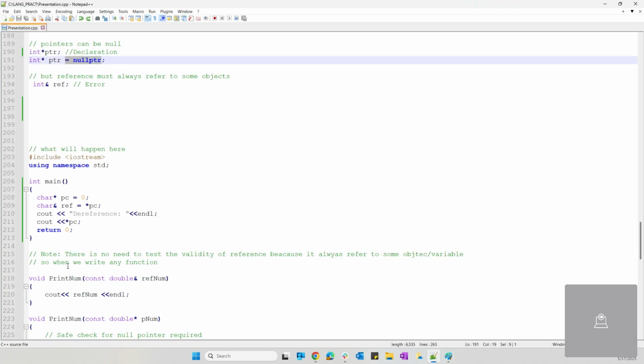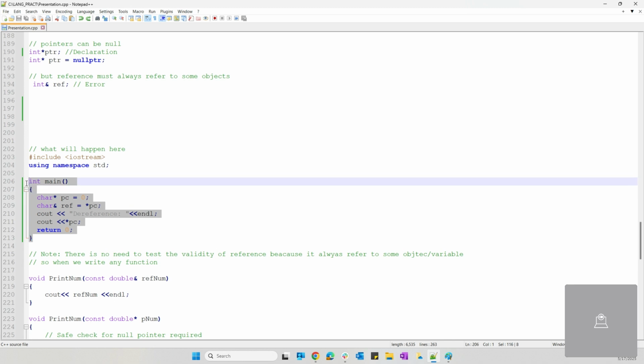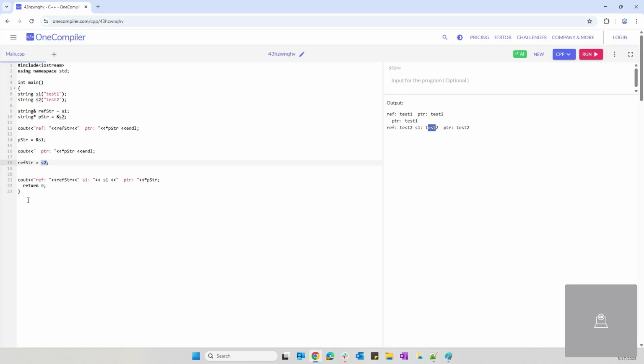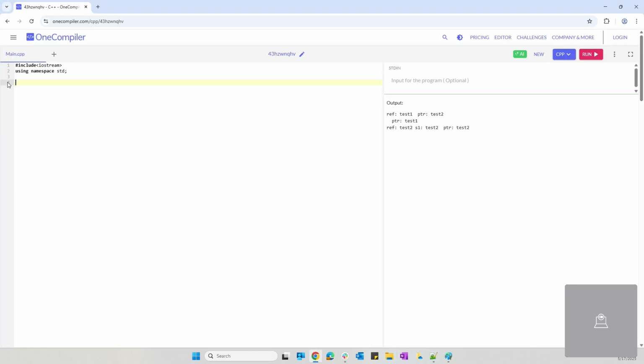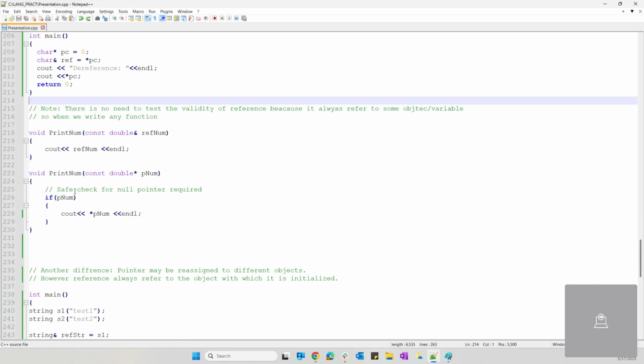Now, let's understand this example. Here we are initializing this pc with 0 and the reference is initialized with *pc. So let's run this and understand what is happening. It is printing this string but failing after this line. So what is happening here? Actually, we have initialized this with some invalid address, and that's why it is important to add the safe check